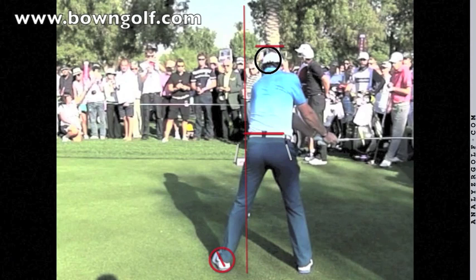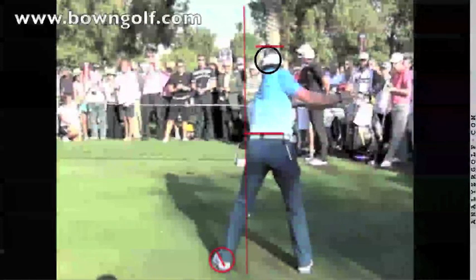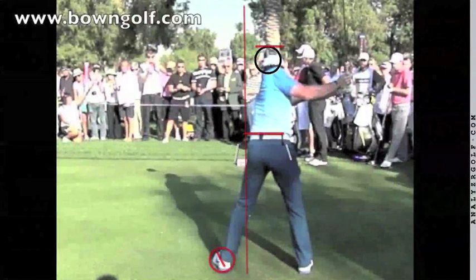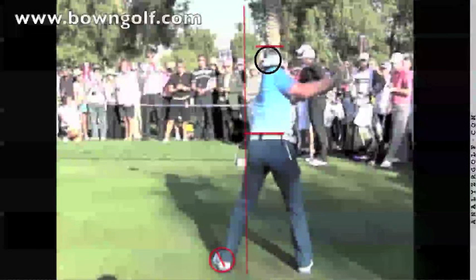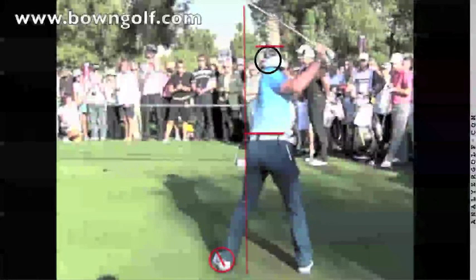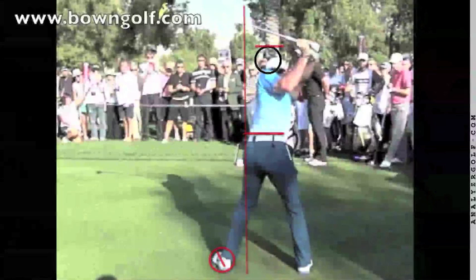As we continue up to P3, left arm parallel to the ground, you can see how he's got a tremendous coil in his body here, in his upper body. His head's still about the same position it was in P2, maybe a fraction lower, and this red line here on his belt line, that will be interesting to look at a little bit later. So he's at P3. As he comes up to the top, or P4, where his upper body rotation has stopped, which is about here,